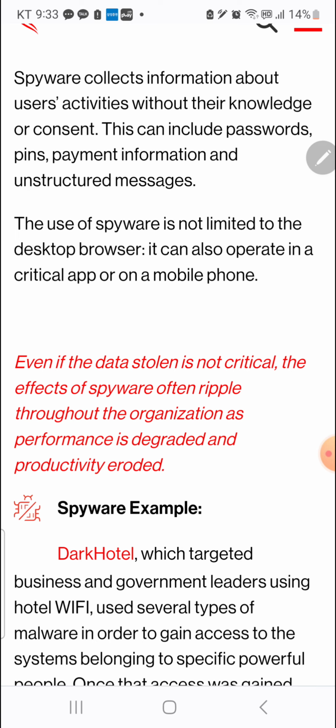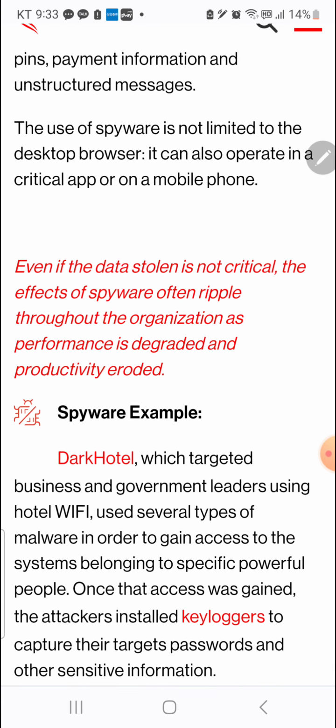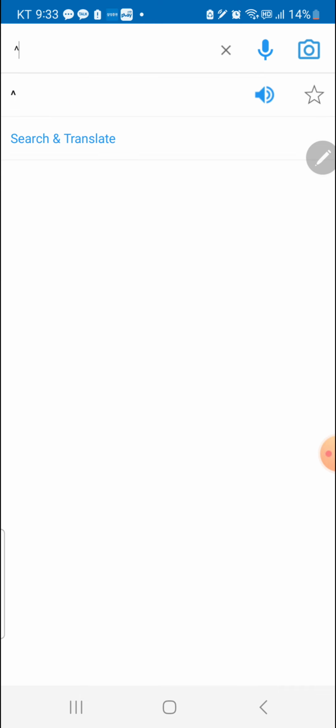I think it's degraded, and productivity eroded. So degrade, right? The pronunciation is degradation. So let's go back and check its pronunciation.